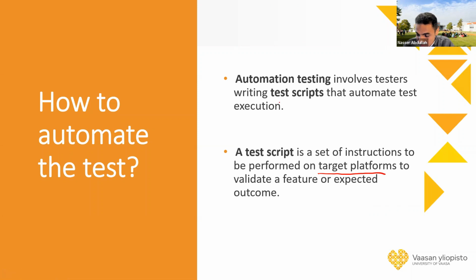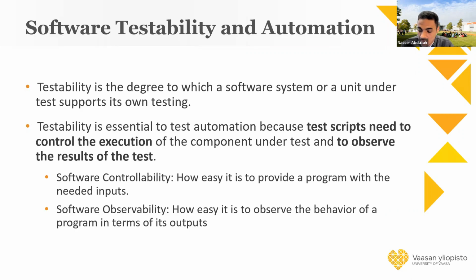Okay, the main point here is to write test scripts. One topic which we talked about last time is testability. Testability is important in automation, because we cannot test everything. Some parts of the application are hard to test, for example,